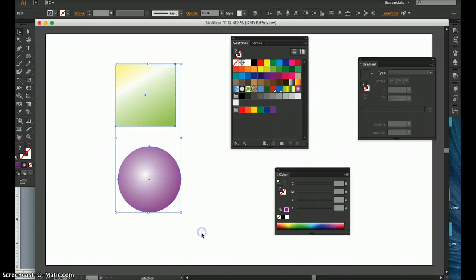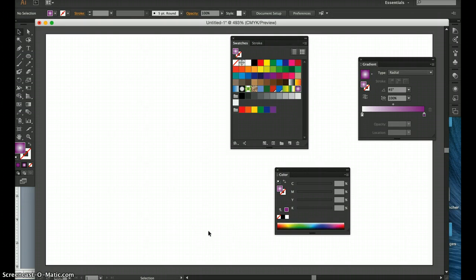I'm going to go ahead and delete these things. Now, I'm doing this cold, man. I haven't even tested it. I haven't used the gradient mesh in probably 3 years, but here we go. I know I can do this. I'm going to start off by drawing, usually, if I remember right, it's easier to do it with a circle